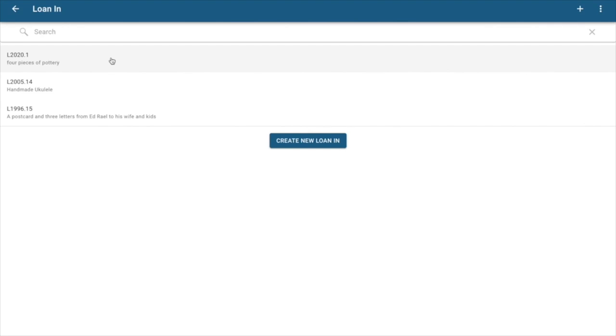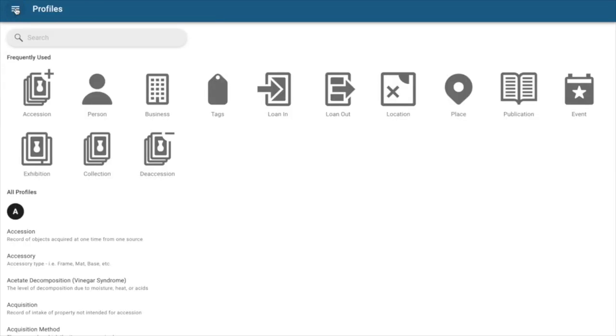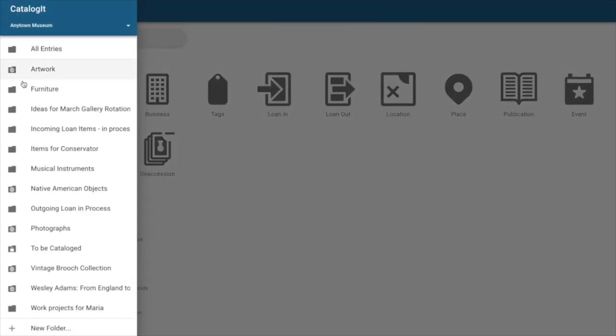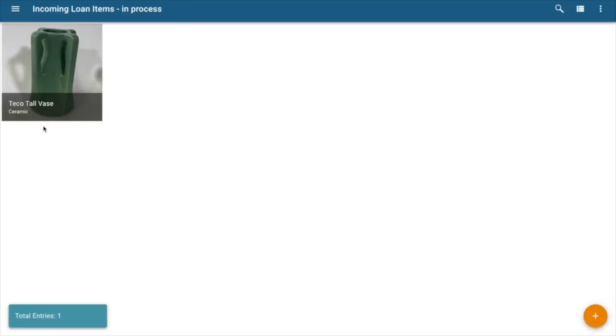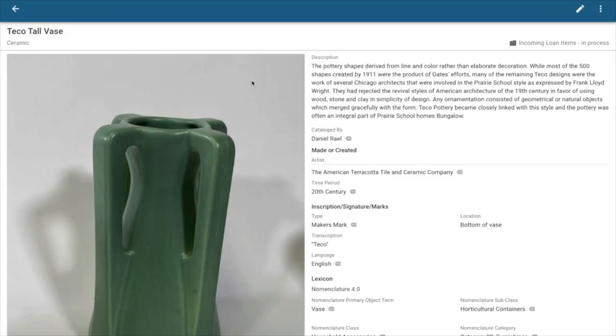Okay, so I've created my loan-in record, and now the next thing I need to do is begin to attach the borrowed items to the record here. So I'm going to go back. I've created a folder now for this loan, and I've begun to document some of the items here. So I'm going to come down to my folder here. I'm going to select the entry. I'm going to click my Edit pencil. Now I'm going to scroll down here